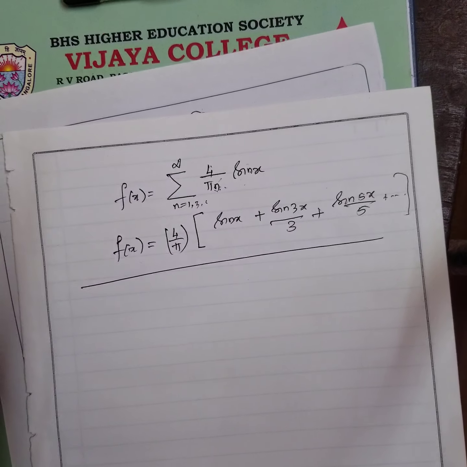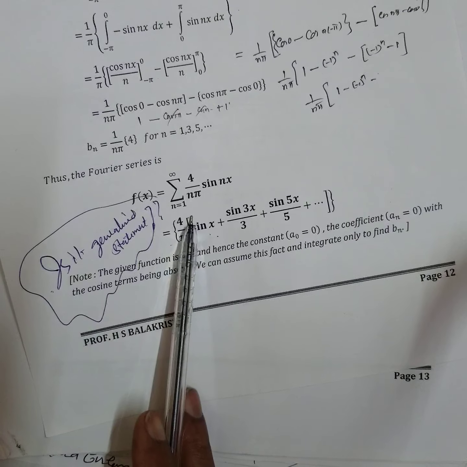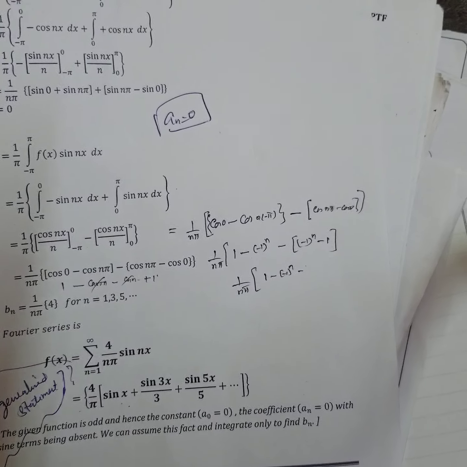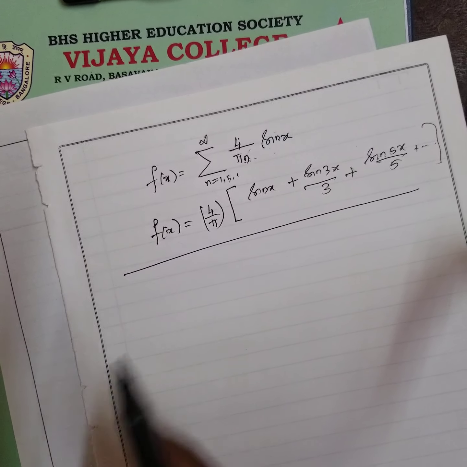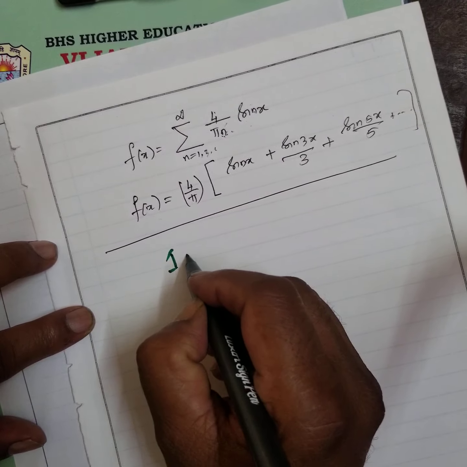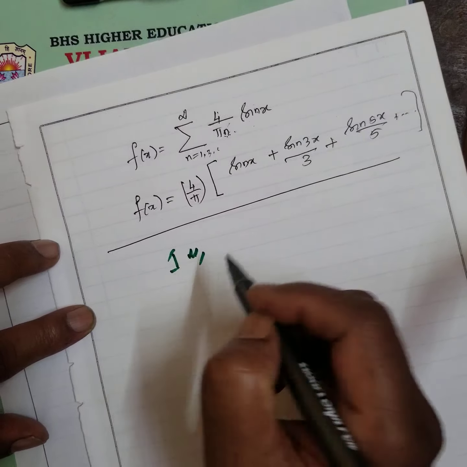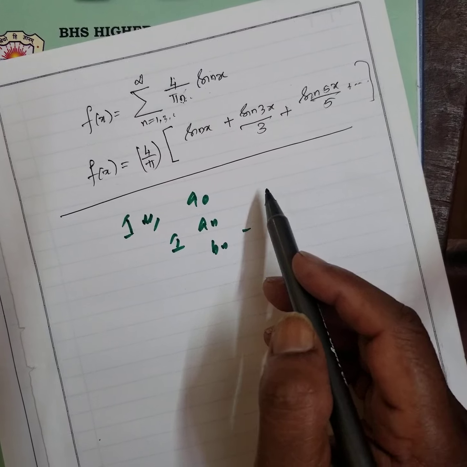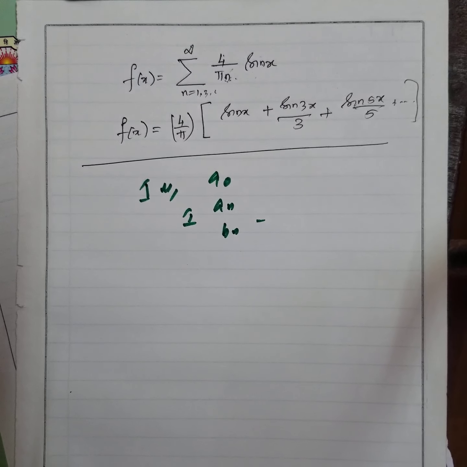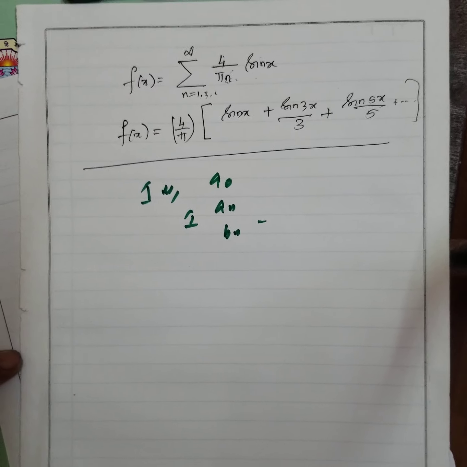Okay. In the examination, you have to write up to this. Therefore, in every sum, you have to be very careful. And how are the marks evaluated? For writing the Fourier series, 1 mark. Finding A naught, An, Bn, 1 mark. The remaining marks are given according to the steps. You may get 4 marks, 5 marks, it depends. Okay, just practice. This will help you for your mathematics also. Okay, thank you.